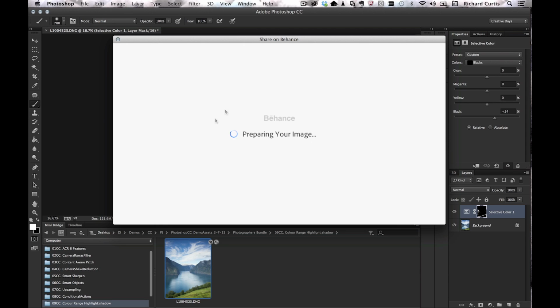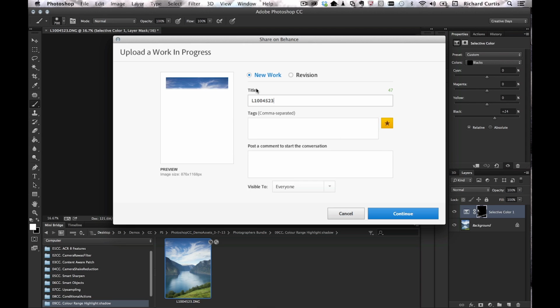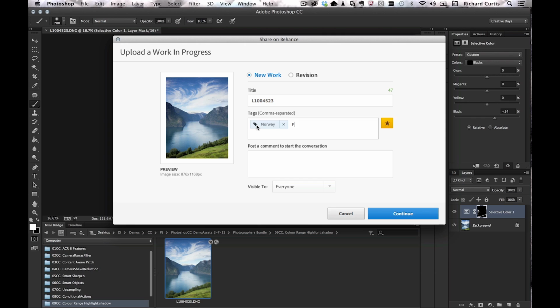It's going to create me an sRGB version, a small thumbnail version, and also a version to put on the site itself. Now I can create either new work or revisions of work as well. Don't forget it's work in progress, so I may want to add different variations to my piece of work. I can give this a name, but I can also put search engine tags in there as well. So I can say Norway, because that's where these were taken, and I can also put fjord. I can also start the conversation by saying, please provide